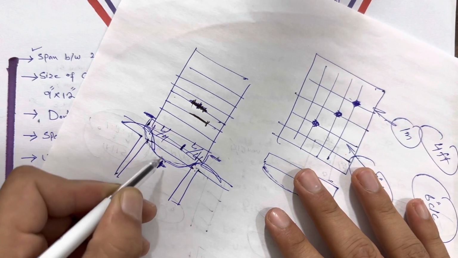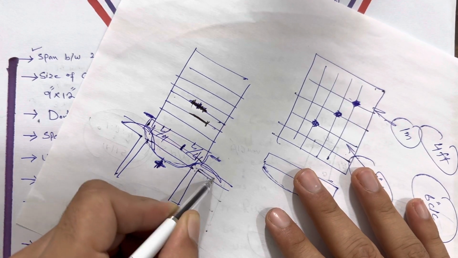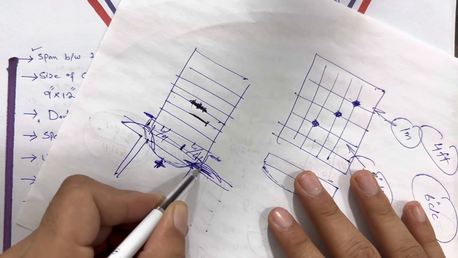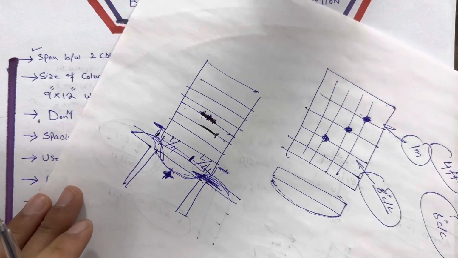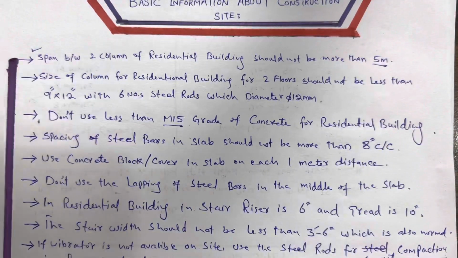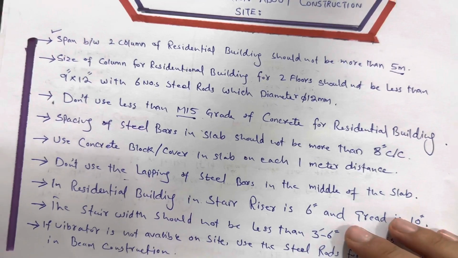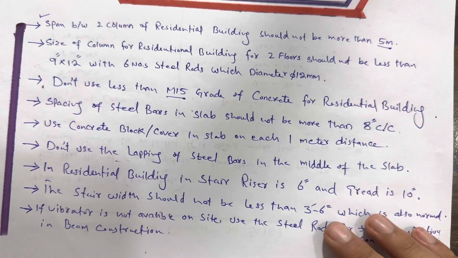Also at this side, also at this place, but you can provide at the junction between beam and column or after L/4. So this is the proper place, but it is not allowed to provide especially at the middle of the slab. Next guys, in residential building,